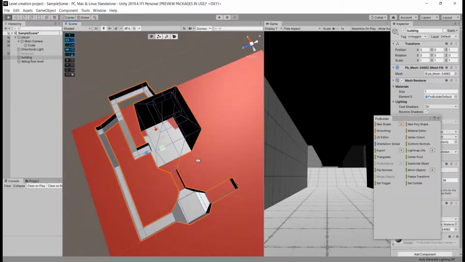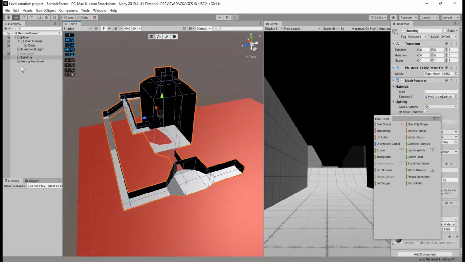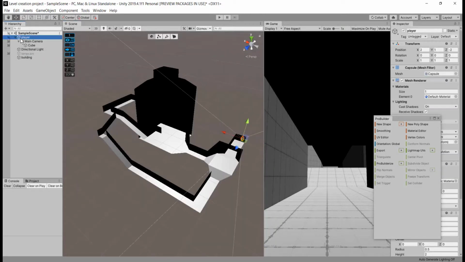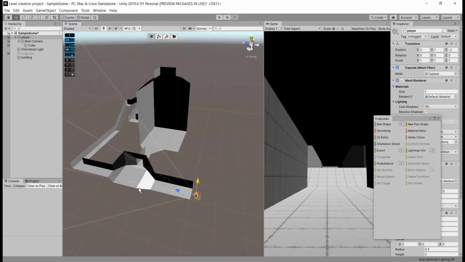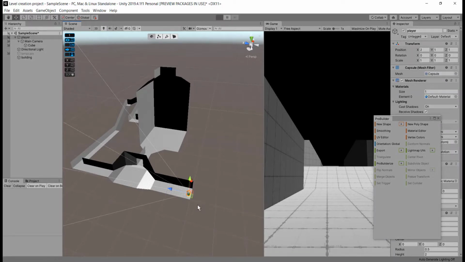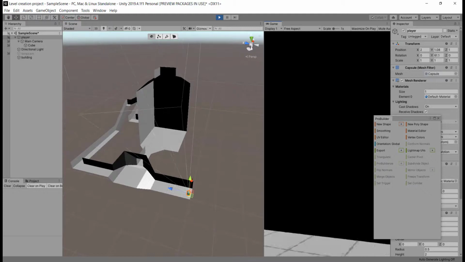Let's delete this temporary floor object. Looks like my first person character is outside the level, so let's move it inside here and we can playtest our level by going to play mode right now.